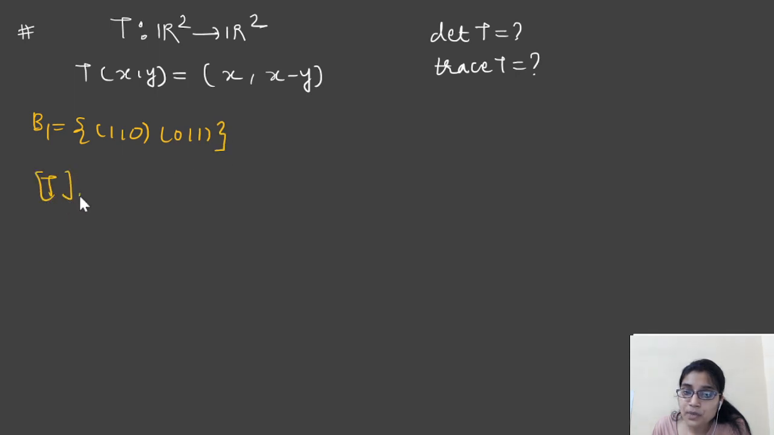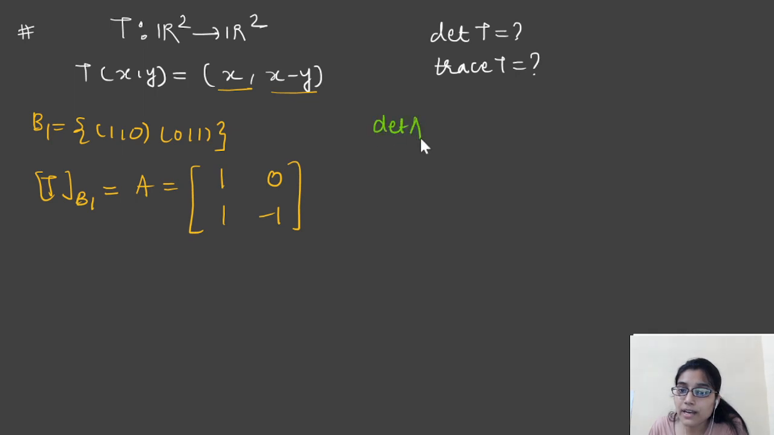I told you that if we are going to find out the matrix representation with respect to standard basis, first component will give you first row, second component will give you second row, here is the matrix. And now what you will do, determinant of A is what, this is -1, this is going to be determinant of T. Suppose somebody asks you what is the trace of T, you will find out the trace of A